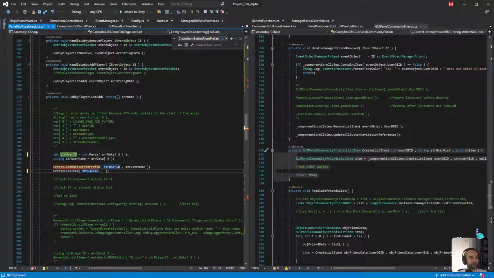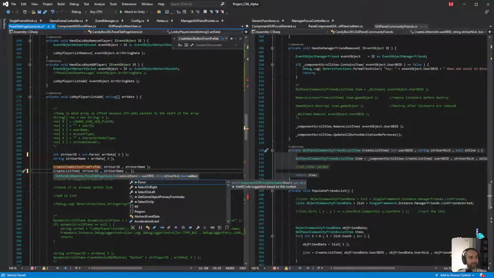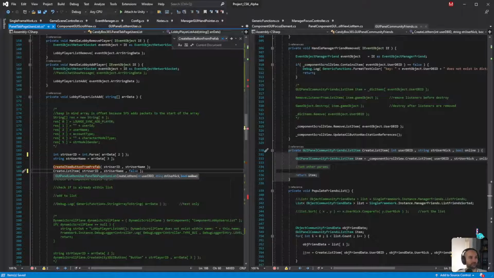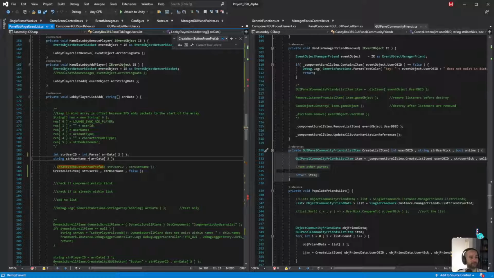Either way, we'll pass that in. It will pass in the username, of course, and the online, offline. It doesn't matter. But this function no longer exists. I want to see, how did I do that one?